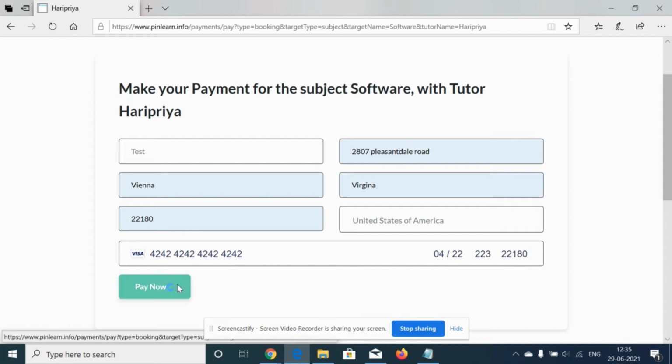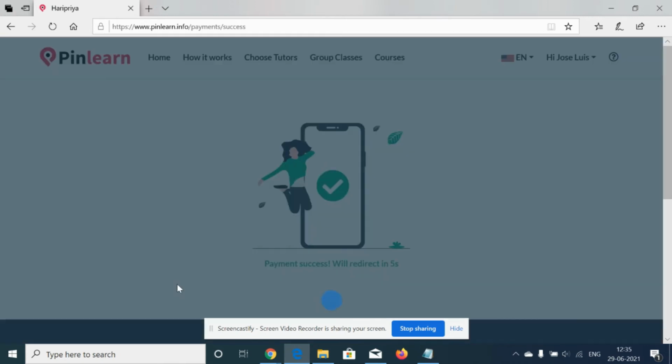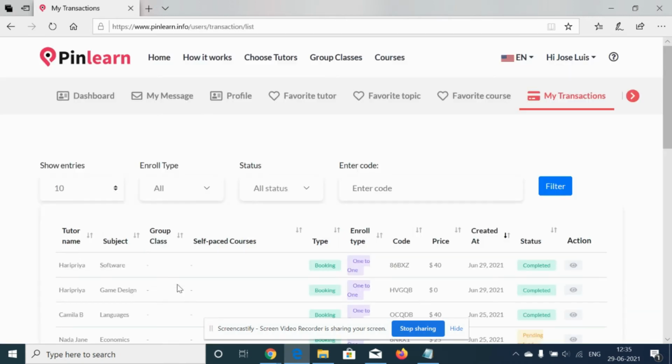Once the payment is made, it will automatically go to the transaction page for the student to show that the payment is completed with the details of the payment. So now we can see that it has gone to the transaction page.